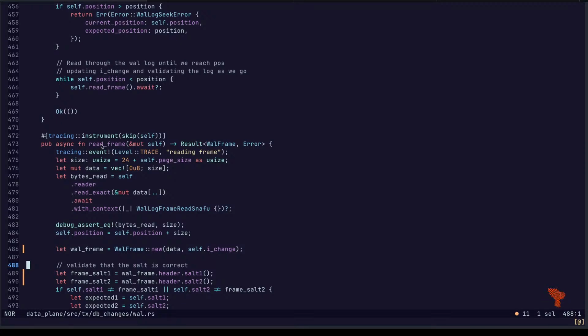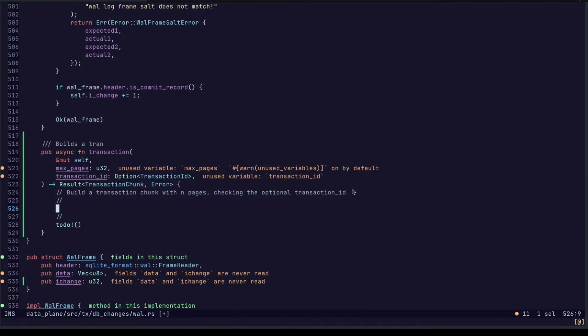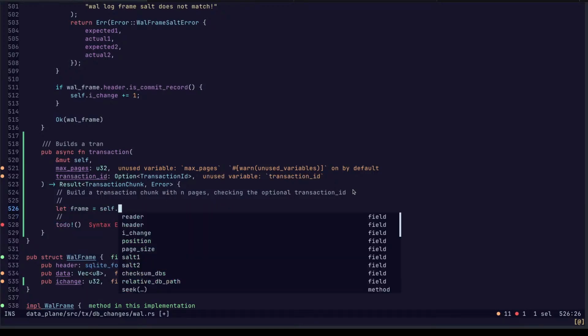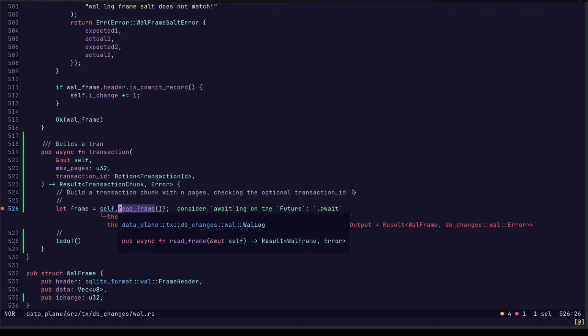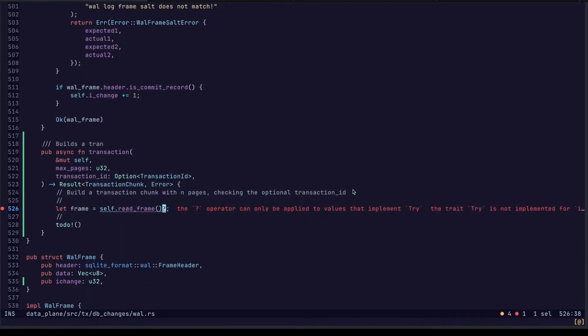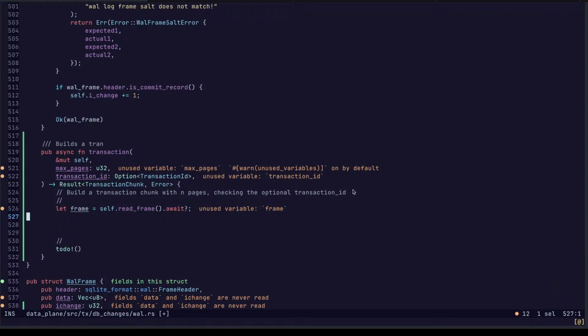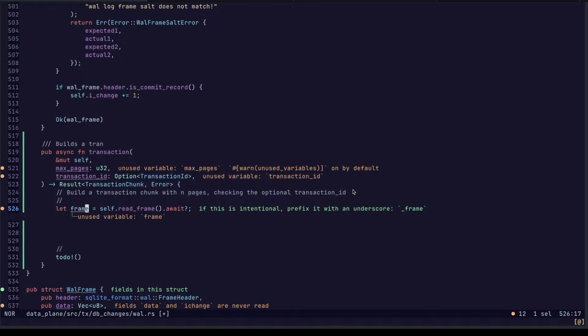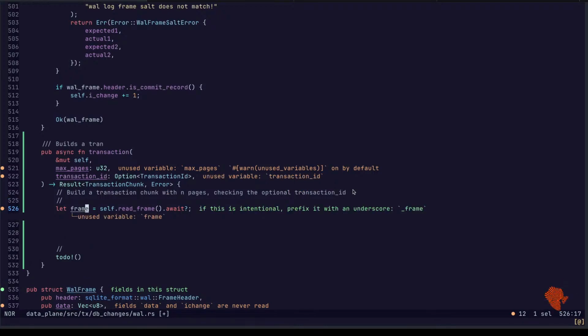So in this case, we will probably read a frame. Okay. Do I need to check the transaction ID?